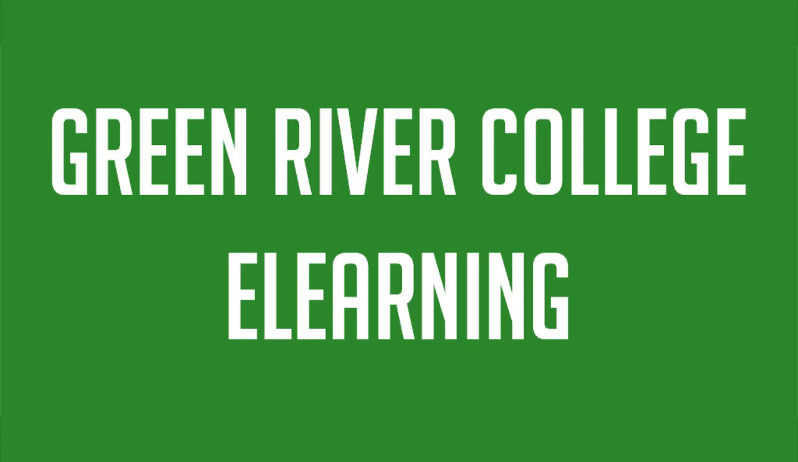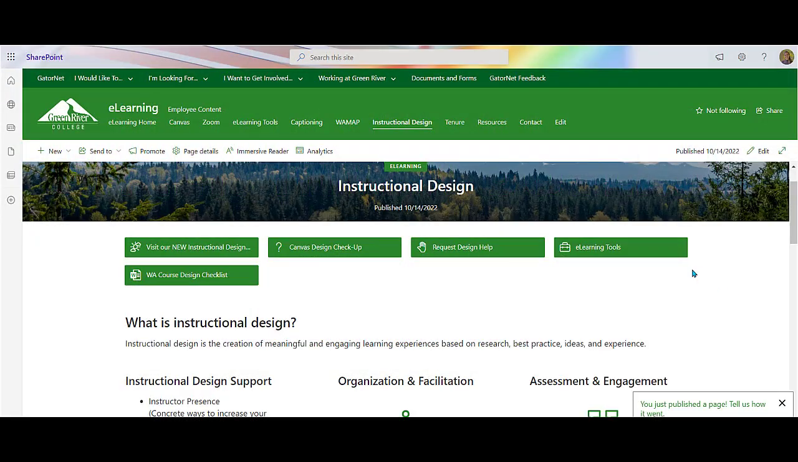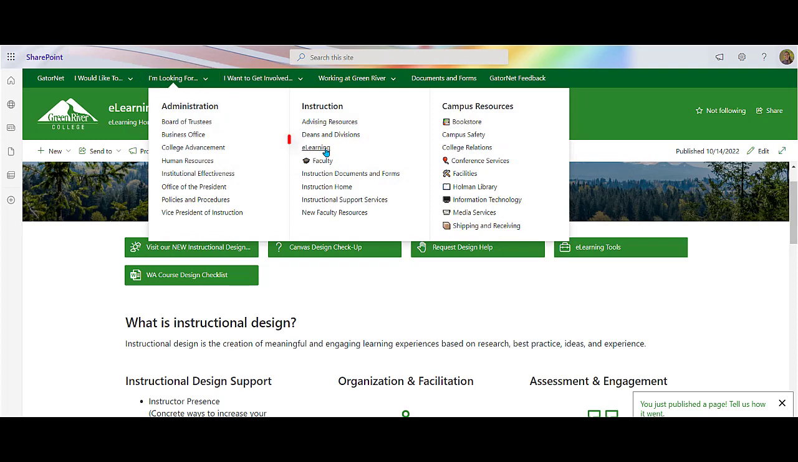For this quick tip, I'm going to share with you an instructional design idea that you can implement into your classes. So before I share with you this new strategy, I want to help you identify where you can find this information. So if you go to the GatorNet and click on I am looking for, and then click on e-learning,